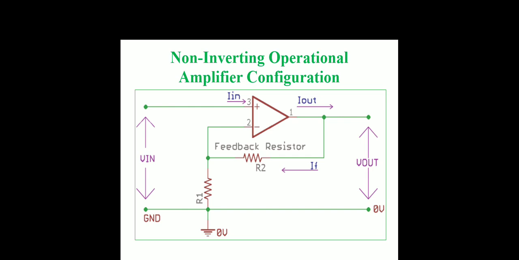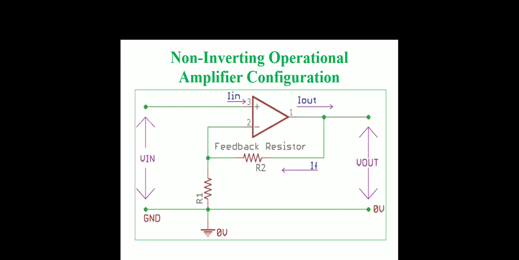Again, the signal which needs to be amplified using the op-amp is fed into the positive or non-inverting pin of the op-amp circuit, whereas a voltage divider using two resistors R1 and R2 provides a small part of the output to the inverting pin of the op-amp circuit. These two resistors are providing the required feedback to the op-amp.